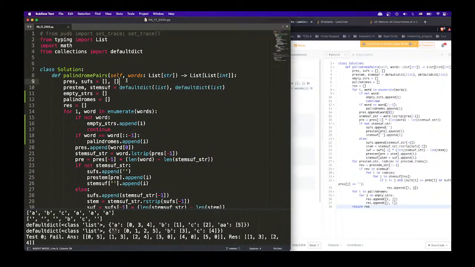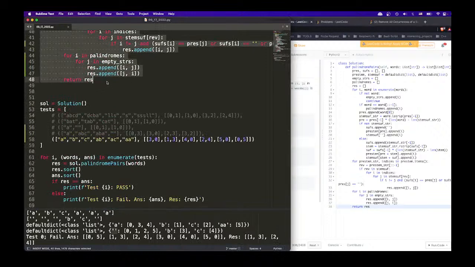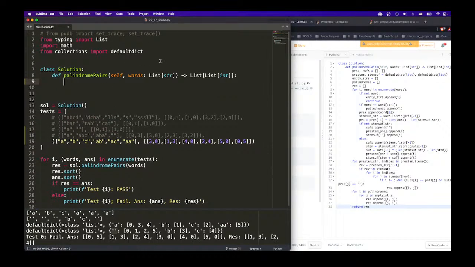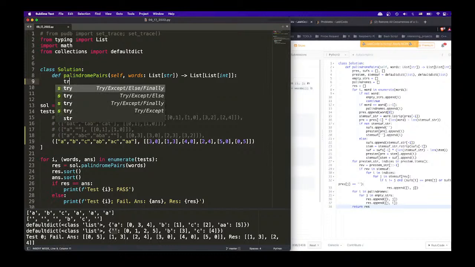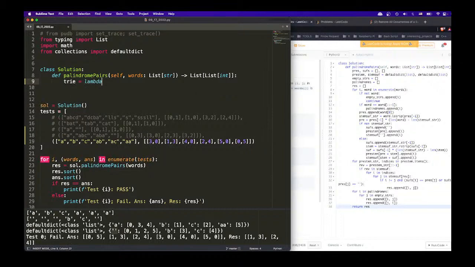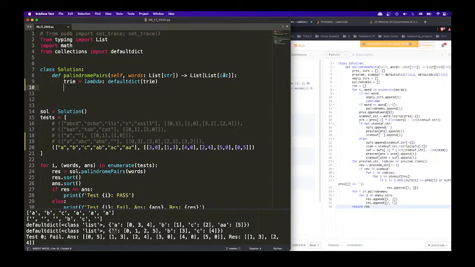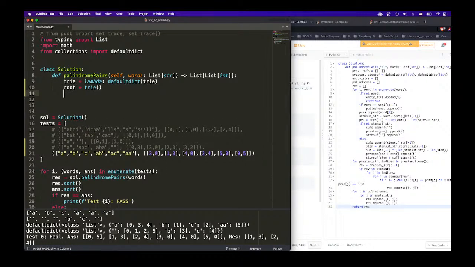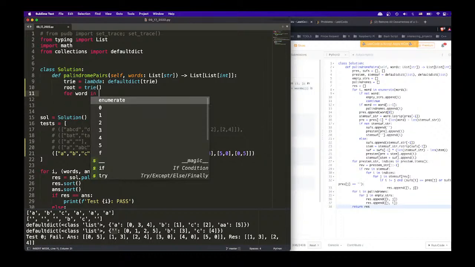Yeah, this one looks just convoluted. And I don't want to do try, but I guess I have to. So, a try equals lambda, defaultdict try. Yes, that's the try. So I'm going to turn the thing to try. So we say root equals try. That's the root. And we say for word in words,